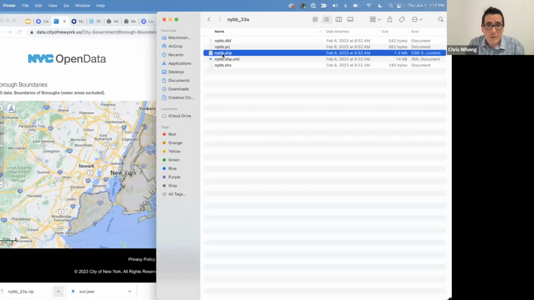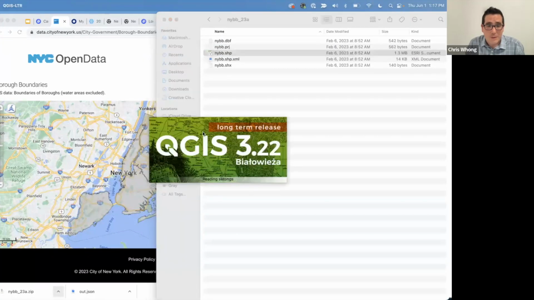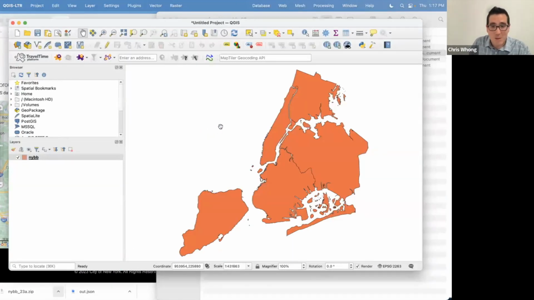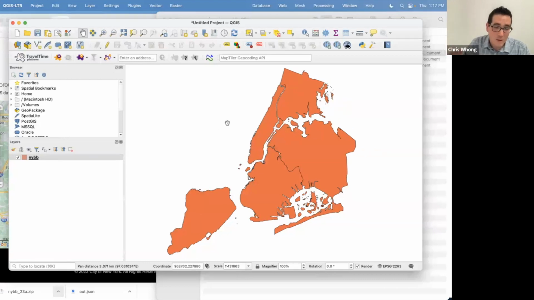let's open that. The city still publishes data in its local coordinate reference system, so it's not immediately usable in tools like Mapbox because it's not using latitude and longitude coordinates, WGS 84. So as I move the mouse around here in QGIS, you can see the coordinates do not look anything like latitudes and longitudes because it's using a local coordinate system that's only relevant here in the eastern part of New York State.